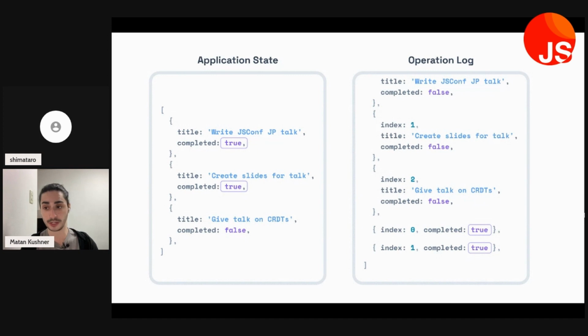What's cool about the operation log is that it allows the application state to be perfectly reproducible. By going through this step-by-step list from top to bottom, we will end up with the exact same application state. So in that way, anyone who connects to the real-time application can be caught up very quickly by just being sent the operation log naively. It doesn't need a lot of fancy logic. So in this way, our state is deterministic.